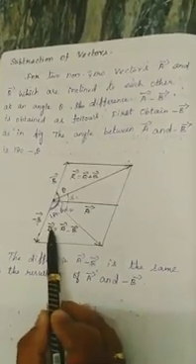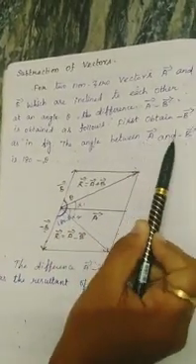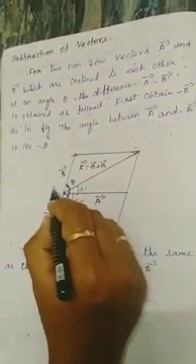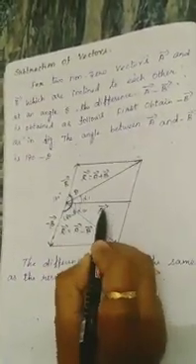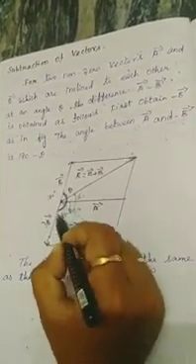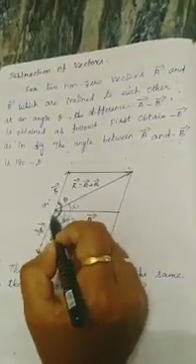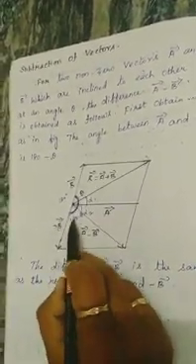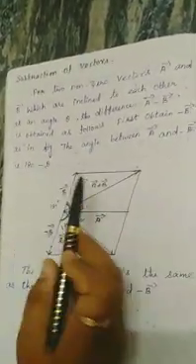Since the B vector is going to the opposite side, we mark it as minus B vector. So what will the resultant vector be? The resultant vector is equal to A vector minus B vector. The angle between A vector and minus B vector is 180 minus theta. If we take the full angle we get 180 degrees, but we want only the angle between A vector and minus B vector, so it is 180 minus theta.